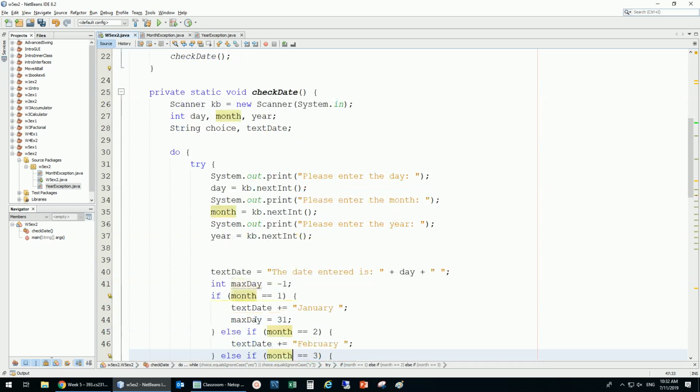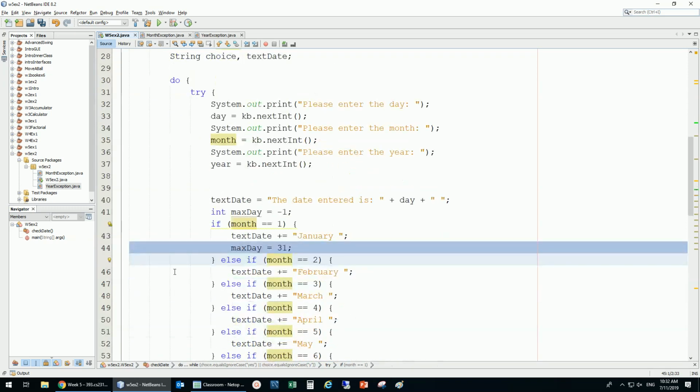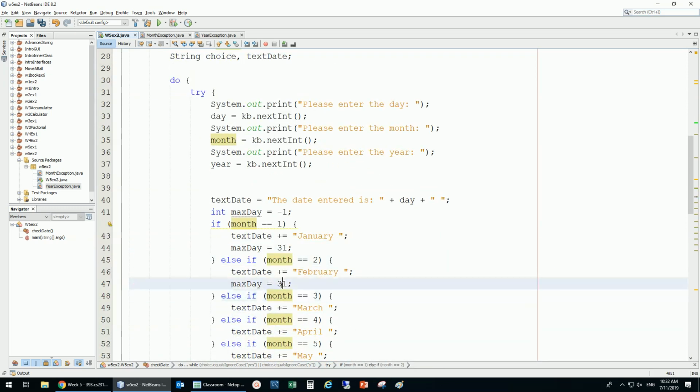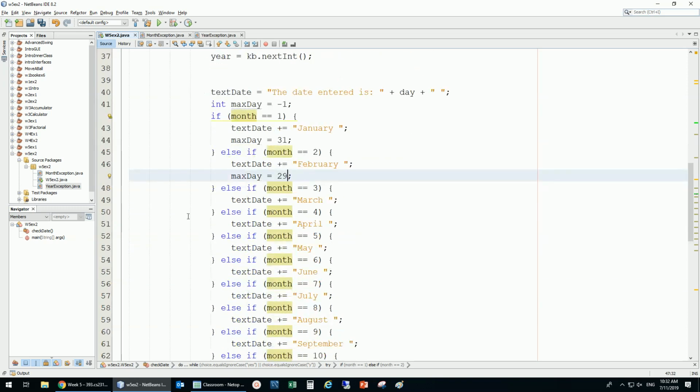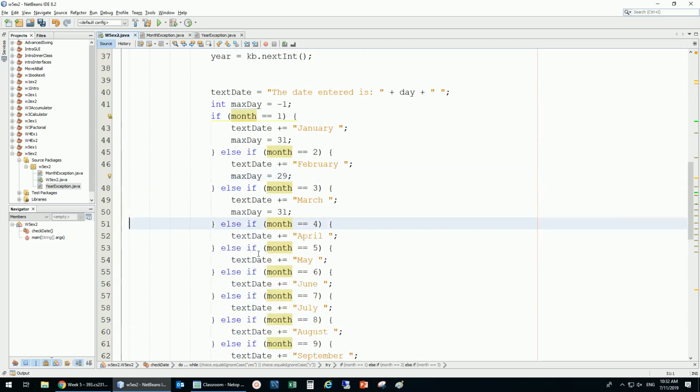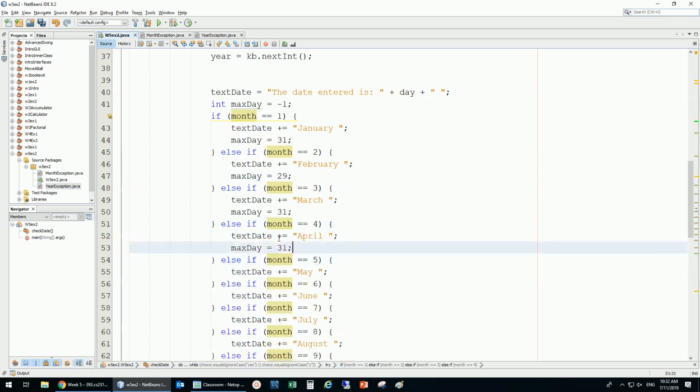And with February, the max is 29, because some years there's 28, some years it's 29. And then with March, 31. And then with April, 30. With May,